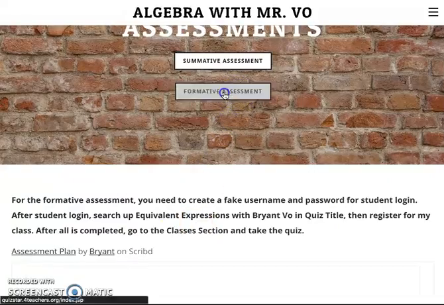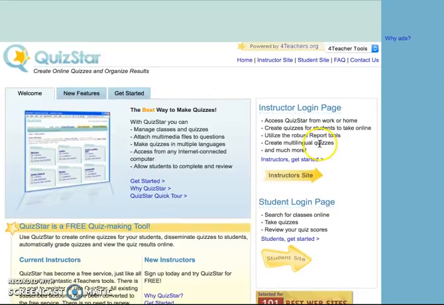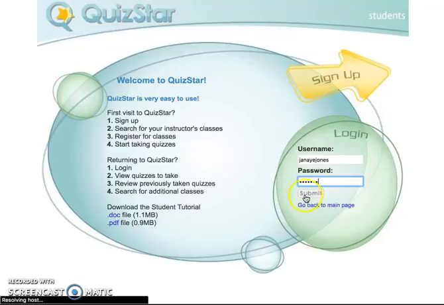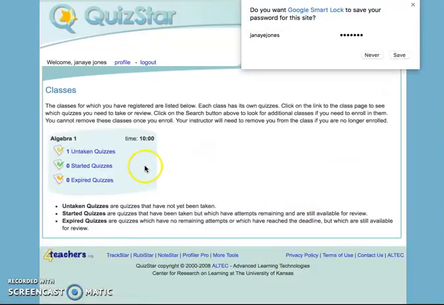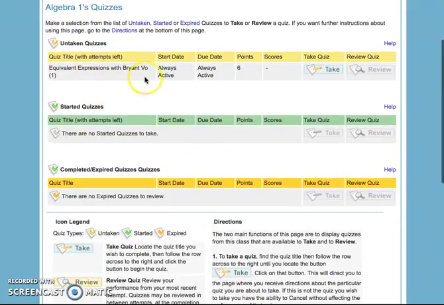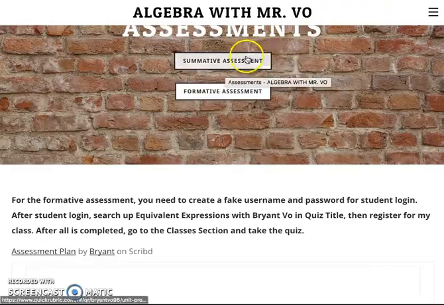So let's just go there right now. Okay, student site login. I've already made one, so I'll just go Janae Jones and then some password. Submit. So one untaken quiz, that's going to be the quiz that I provided. Just go over there and then they will need to take this equivalent expressions with Bryant Vo, be right there, and they can take this quiz. We won't get into all that right now, but so going back here, we can go look at the summative